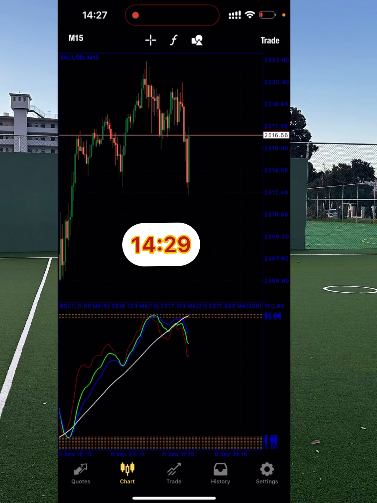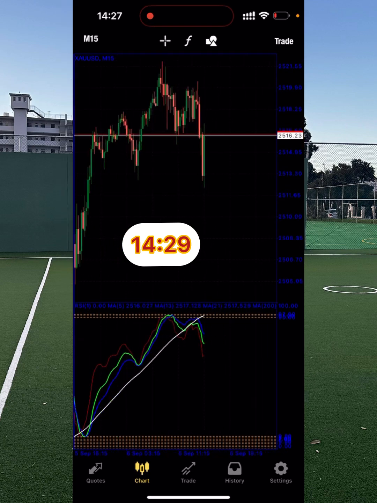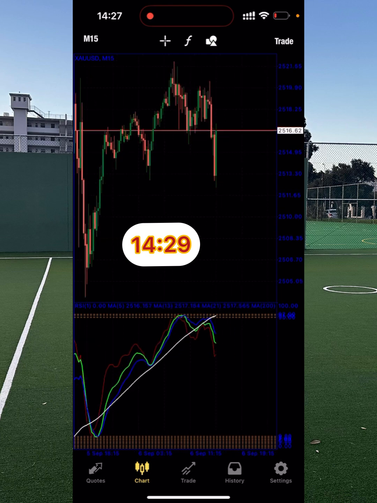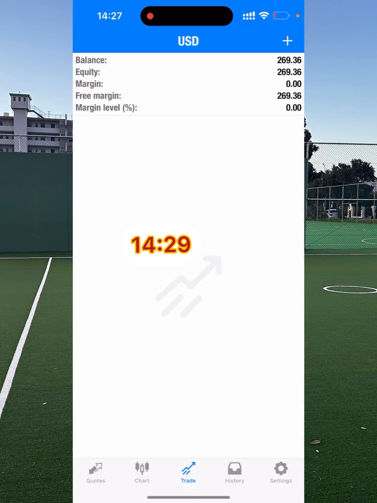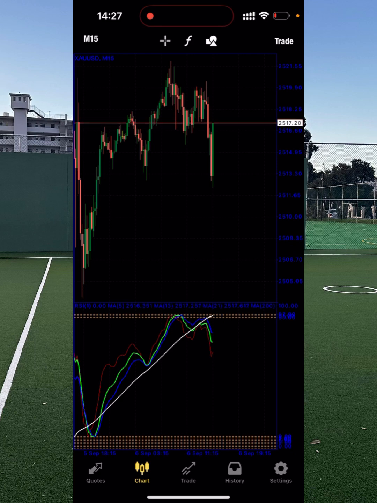So I have to do this first. I'm gonna enter investing.com just to have a look at the direction of the news. You know how we do. If you don't know how we do, let's do it together. First of all, guys, as you can see, my account right here is $269, and I want to see if I'll be able to double this account through the news. I want to risk this account, guys.